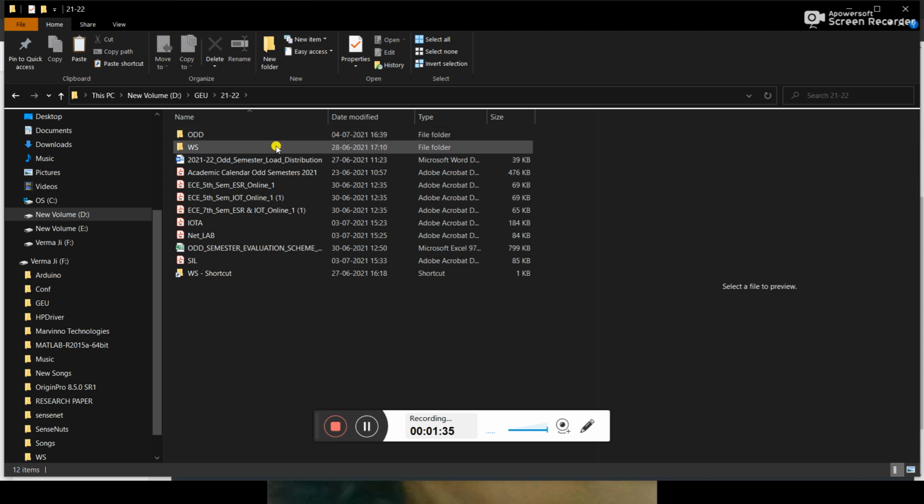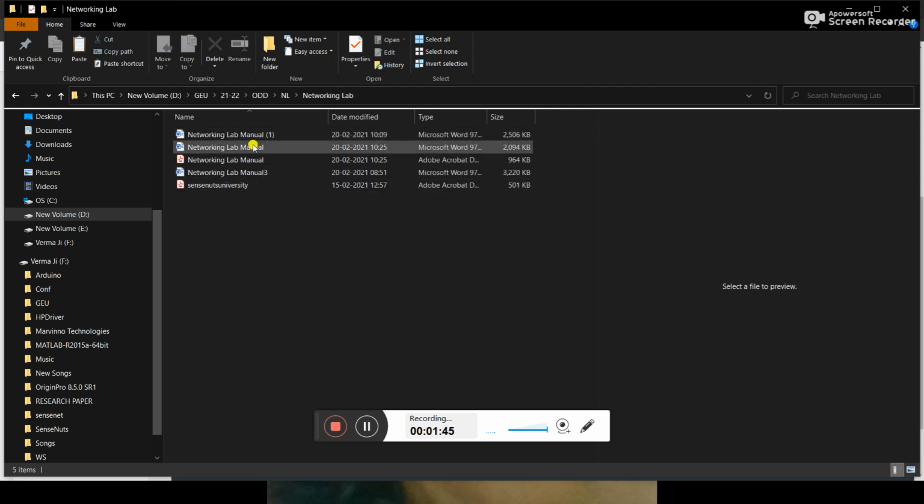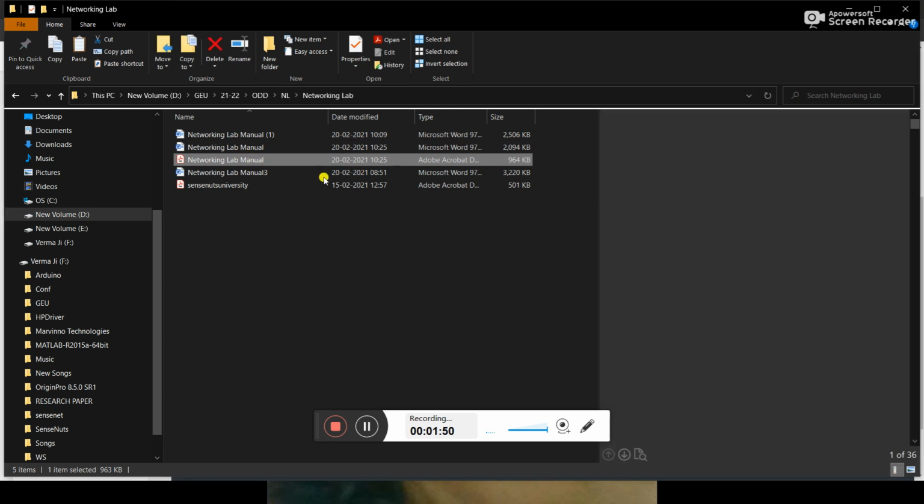I have already uploaded the manual of this lab on your Moodle, and I want to show you what the networking lab is and discuss the lab manual with you.